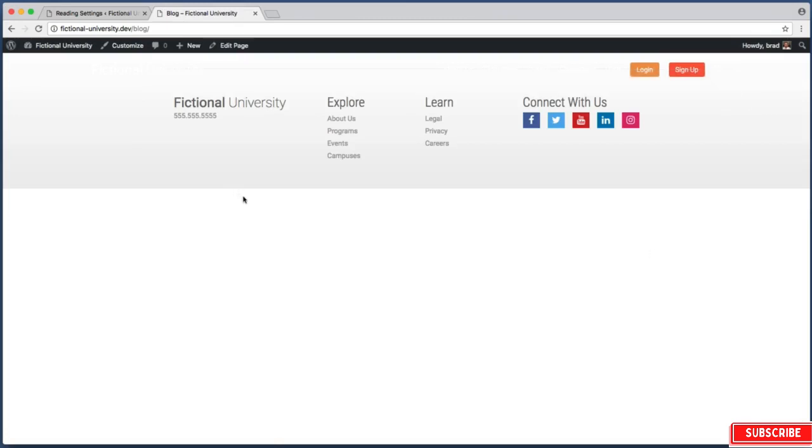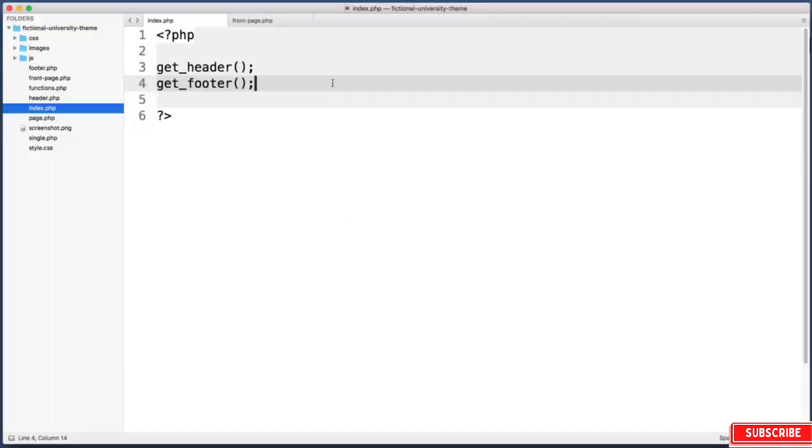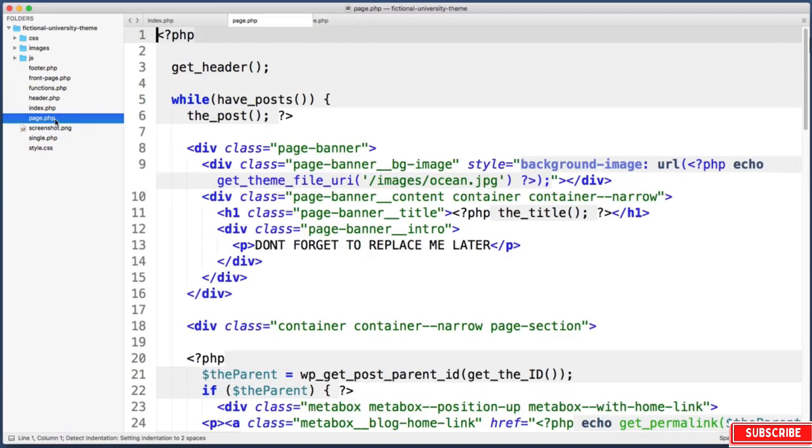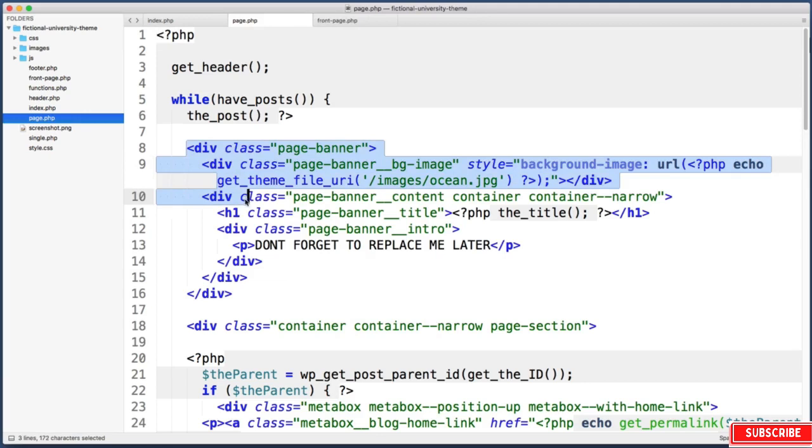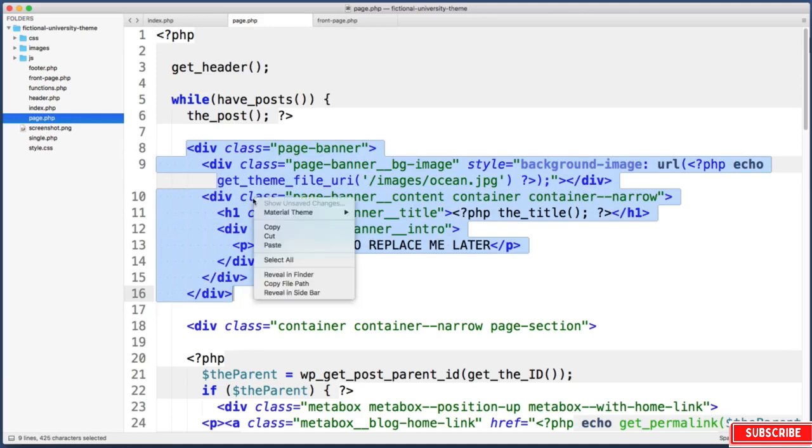Let's begin by adding a banner up at the top of the page, and instead of manually typing out the HTML to create a banner area, what we can do is just jump into our page.php file, and the first bit of HTML that we see on this page is a div with a class of page banner. So why don't we just copy that div into our clipboard and then back in our index.php file in between